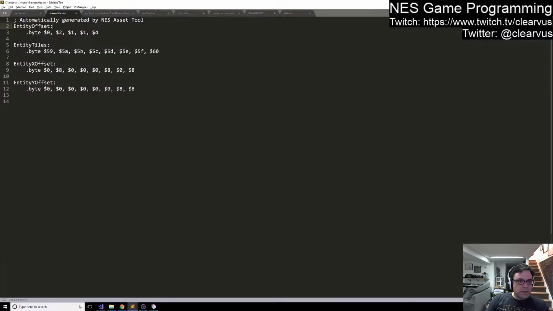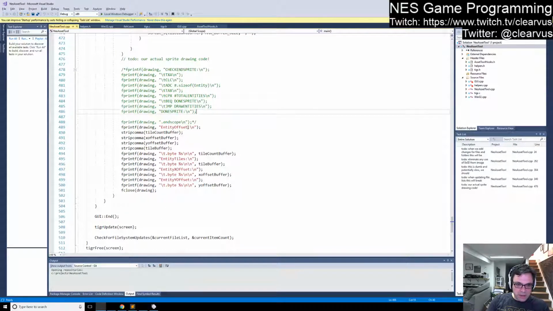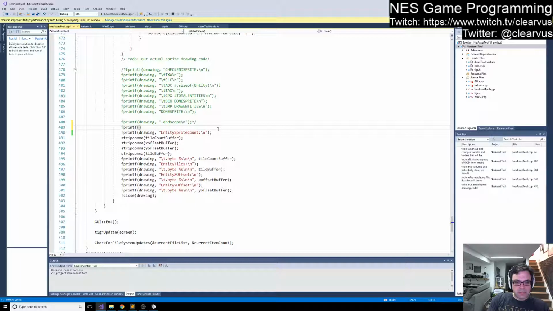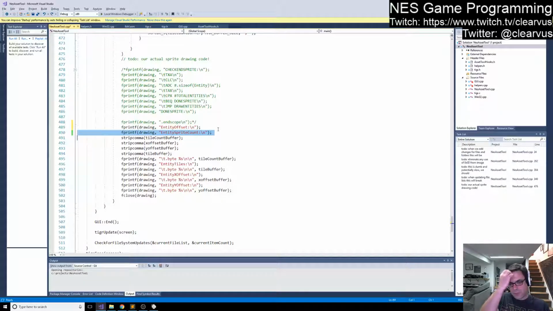So the first thing is, this entity offset is kind of a misnomer. It's not really entity offset, it's more of entity sprite count. And the only reason that I want to change that is because we are going to generate something called entity offset, which is going to be the array that I was talking about before, where we actually have those offsets pre-calculated. Oh, I didn't make this work the same way as the other ones. That's fine. So entity sprite count,